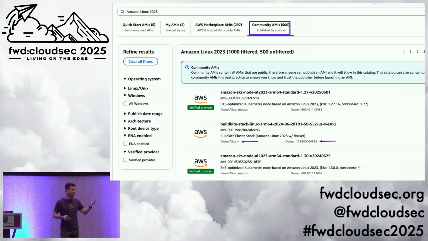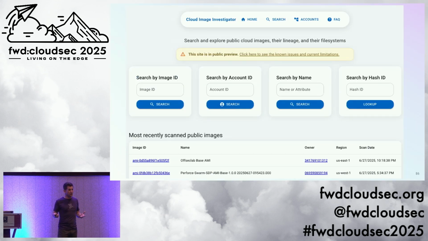In those tools, if you have a malicious binary or a URL that you think might be malicious, you can upload it to VirusTotal or URL scan, and they'll give you some indicators of whether this is benign, suspicious, or malicious. And so I'd like to introduce, this is a soft launch of the Cloud Image Investigator, which is public, and this is essentially allowing you to answer some of those questions. So let's go with question number 1.